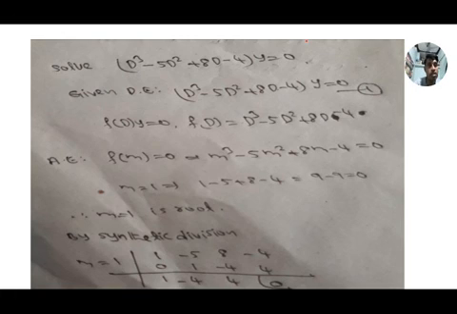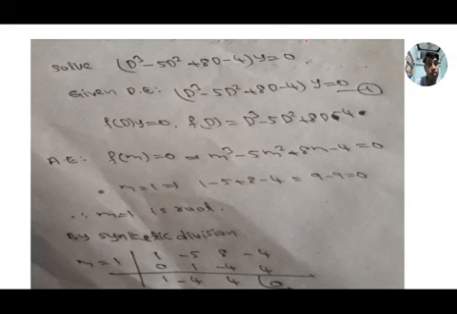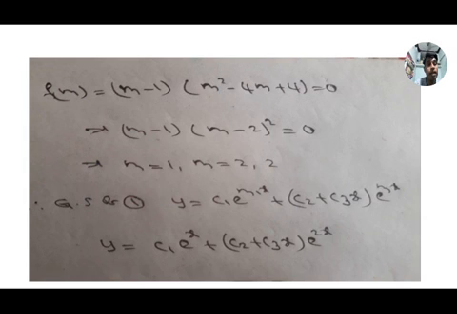First, we write the symbolic form and the auxiliary equation, and we are not getting direct factors. So by the trial method we find one root. Here m equal to 1 is one root, and by using synthetic division we convert the cubic into a quadratic, m square, and find the factors. We got the factors, then we write the three roots and the general solution.